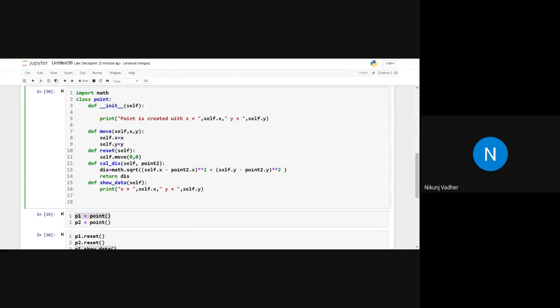Instead of assigning x and y here, we can also do it like this. Let's say self dot move, and whatever values we have passed here, x1 and y1, will be passed to that method as x1 comma y1.